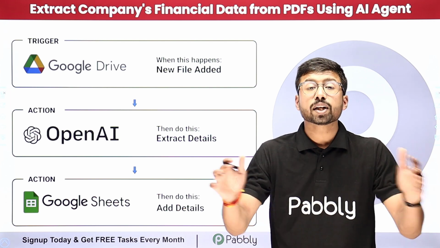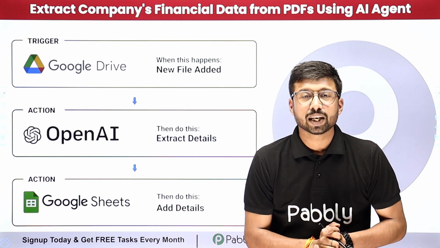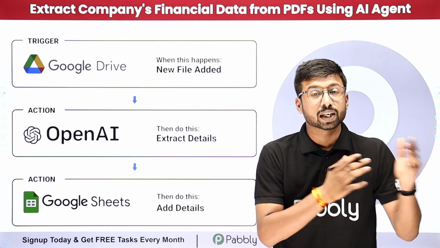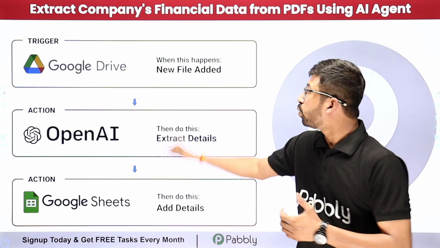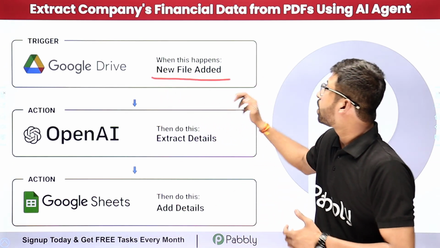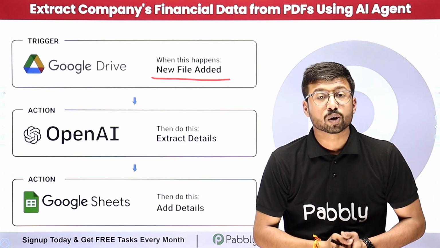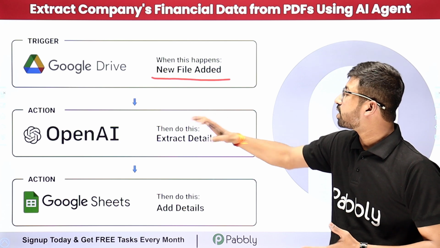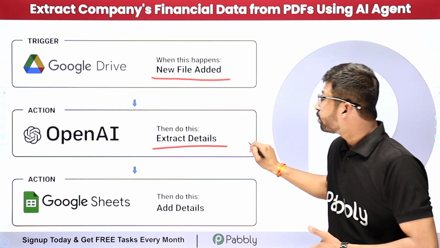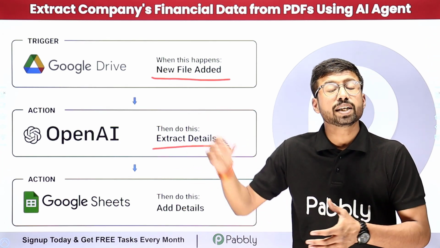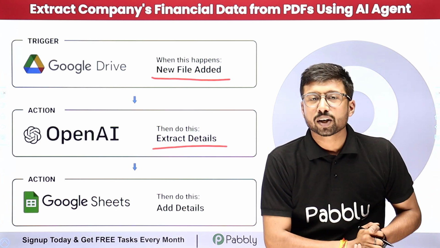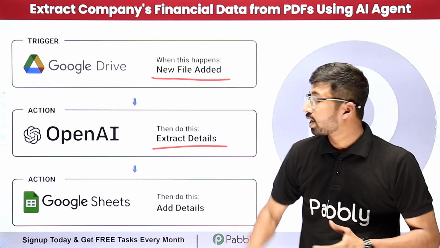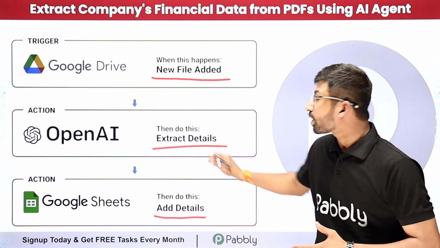So let me tell you, you can completely automate this process using an AI agent with the help of Pabbly Connect. Now this AI agent will capture the new files which we are uploading in our Google Drive, which are company financial documents. And after getting the document from Google Drive, this AI agent will send the same file to OpenAI, and using OpenAI, we are going to extract the details from the PDF file. After extracting the details, you can add all of this extracted data in your Google spreadsheet or in any other